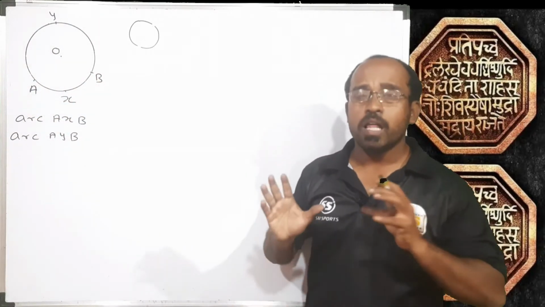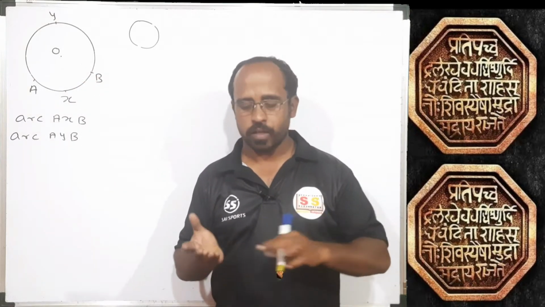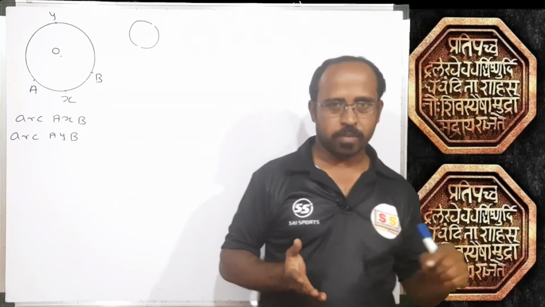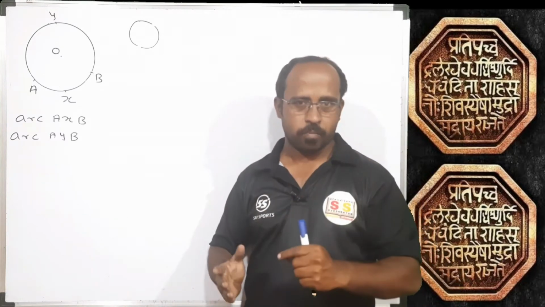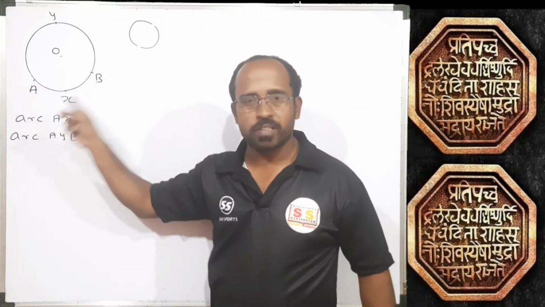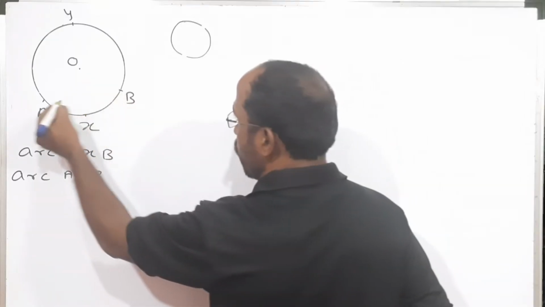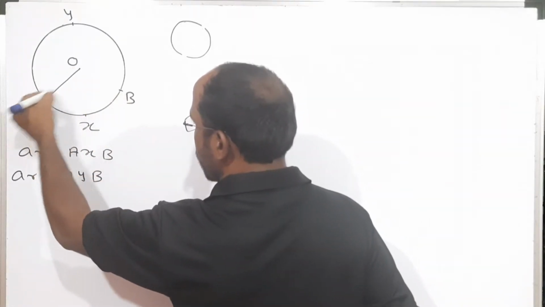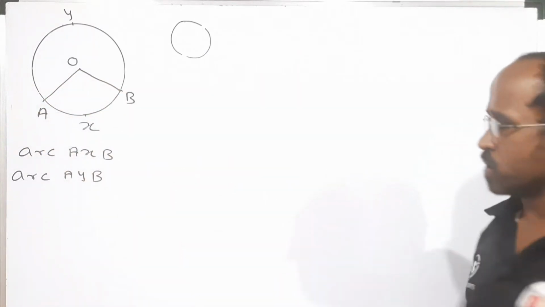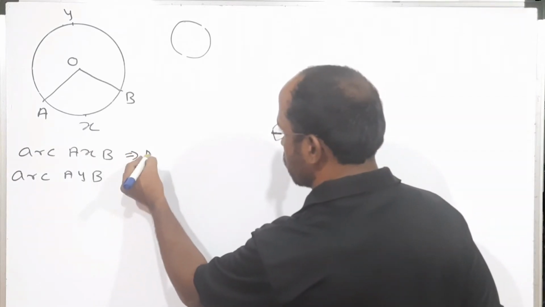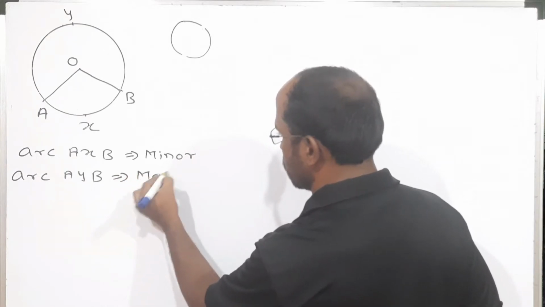Clear up to this? Now, how to measure the arc? What is the measurement? Because we know radius, we can find it in centimeter, meter, kilometer. Same is the case with chord, diameter and circumference. How to find out the measurement of this arc? For that, students, we have to connect the end points of this smaller arc. Now students, here you can see there are two arcs. One is smaller and one is bigger. So this smaller arc is called the minor arc and the bigger arc is called the major arc.